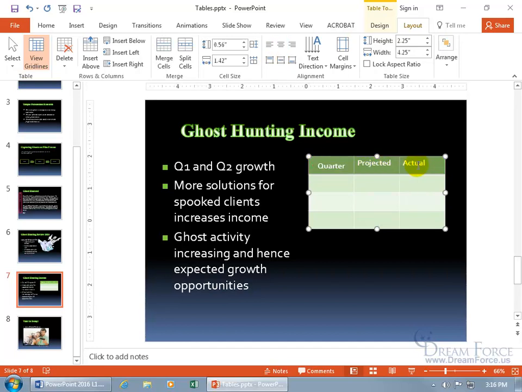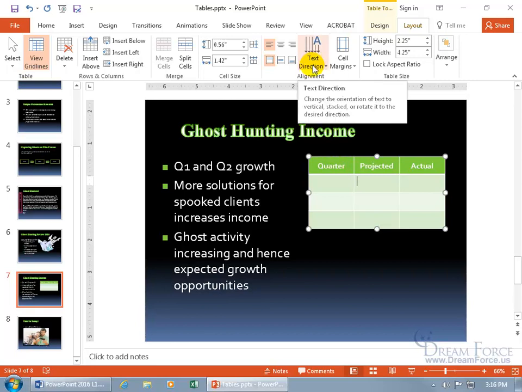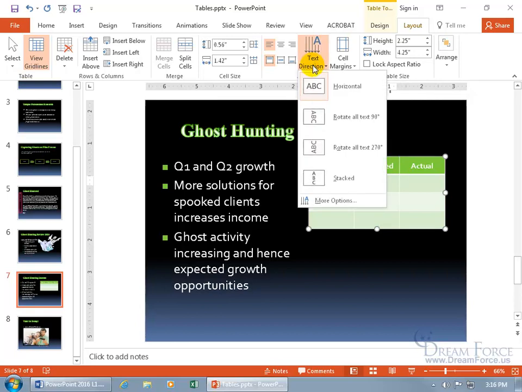Hey, let's do that for all of them. Let's click and drag and select the entire row, and then come up here and do middle and center. Oh, that looks fancy. And then we've got text direction. I don't want to flip it around, but let's click on it to show you that